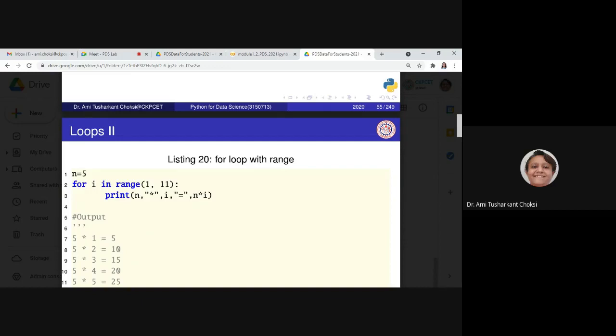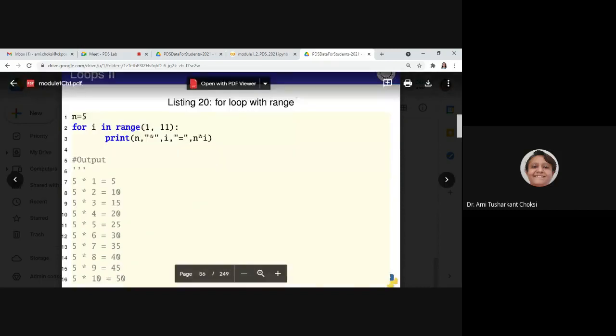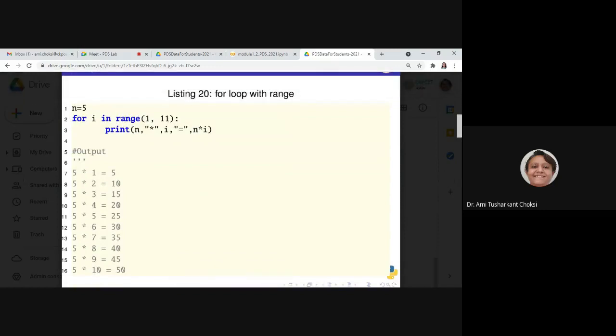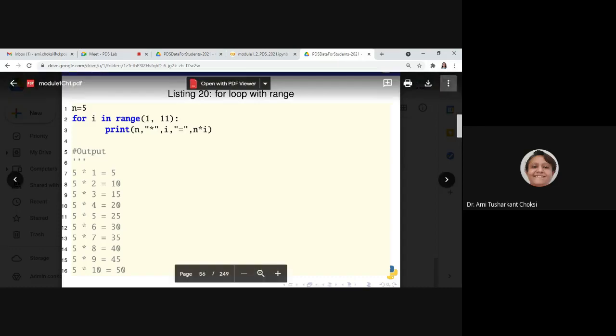Okay. And what is the distance for this? As we haven't provided any distance, it will consider 1. That is i plus equal to 1 as we are having in our C or Java language. Fine. Okay. So now if we do this, we'll be getting the output as 5 ones are 5, 5 twos are 10, 5 tens are 50. Okay. So this is the way we'll be getting the output. Okay. Let me show you that in our program.